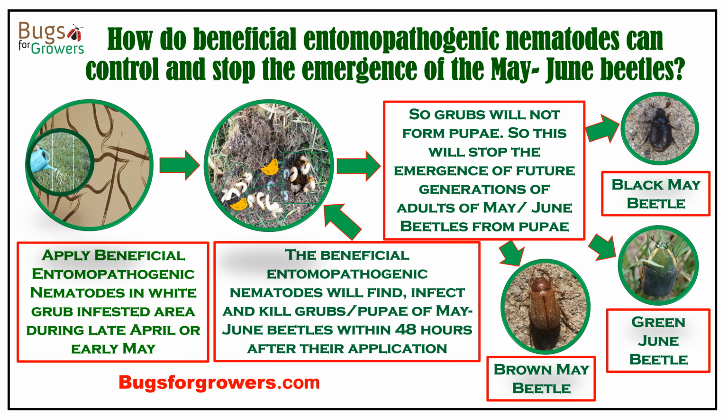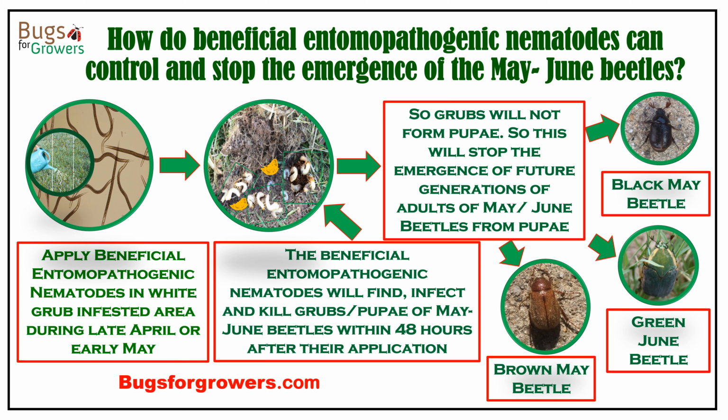Now we will see how beneficial entomopathogenic nematodes can control and stop the emergence of the May and June beetles. Currently, chemical insecticides are not used for the control of these beetles infesting home lawns and golf courses because of their toxic effects on human health and the environment. Therefore, beneficial entomopathogenic nematodes have been recommended for the control of these beetles because of their safety to